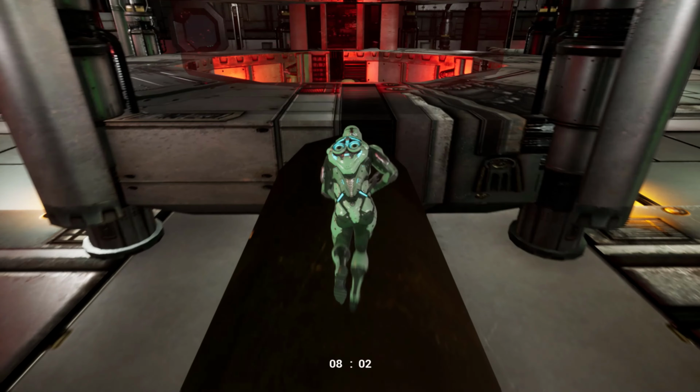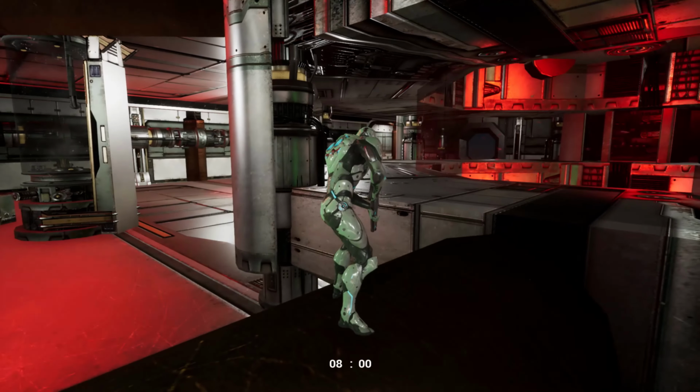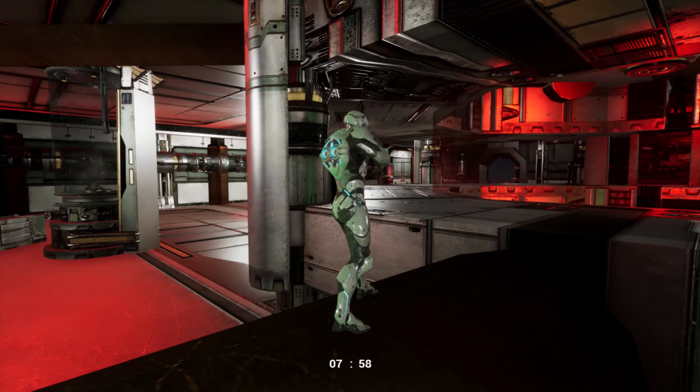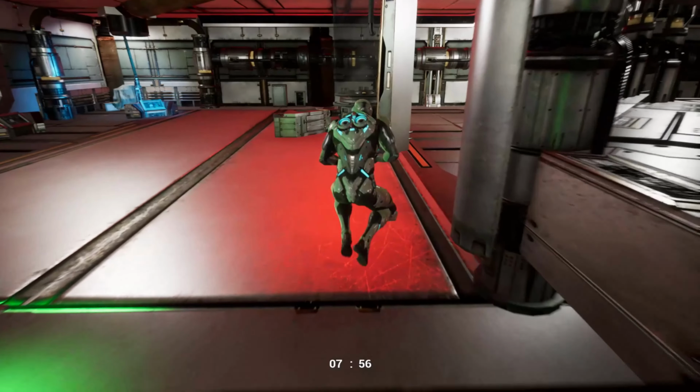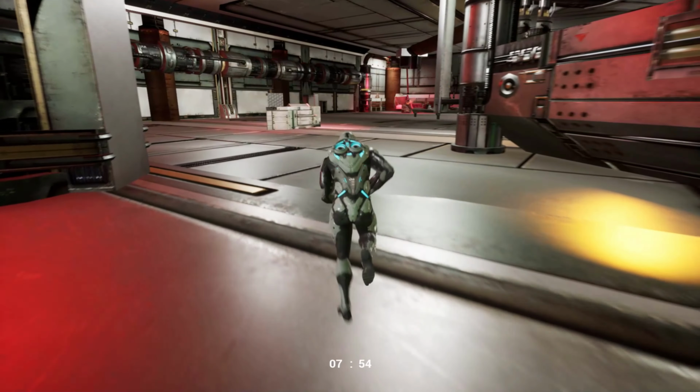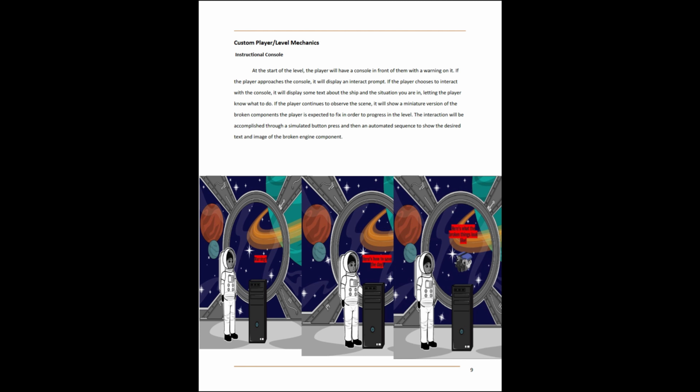Here is some footage of the level being played. Hopefully, you can see how the final layout is nearly identical to my original idea. Next, we'll look at some of the custom mechanics at work. If you'd like to see how they work under the hood, be sure to check out my Blueprints deep dive